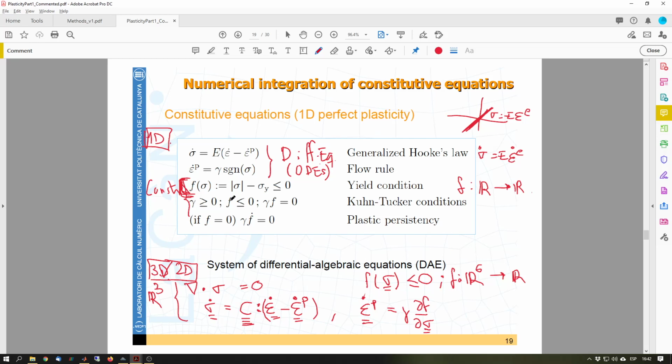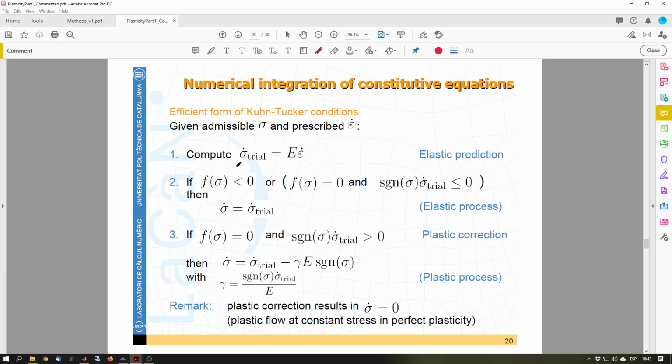All right, so now this set of differential algebraic equations needs to be solved numerically. This is which type of problem we have, how this is formulated, and now we need to solve. We have a differential algebraic equation, which is given by this relation. We have different numerical schemes that we can adopt. We know, and we have done some of them. We will see the one to choose. There is a way to formulate the Kuhn-Tucker conditions. This is that sigma by f of sigma must be equal to 0. This is our